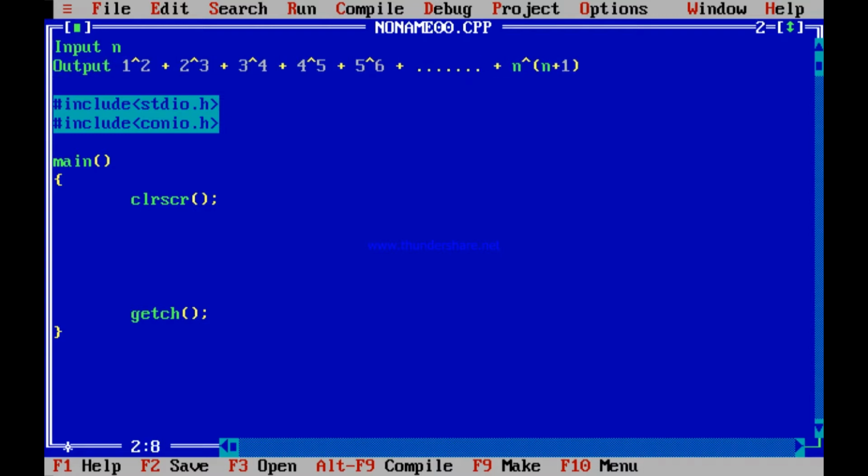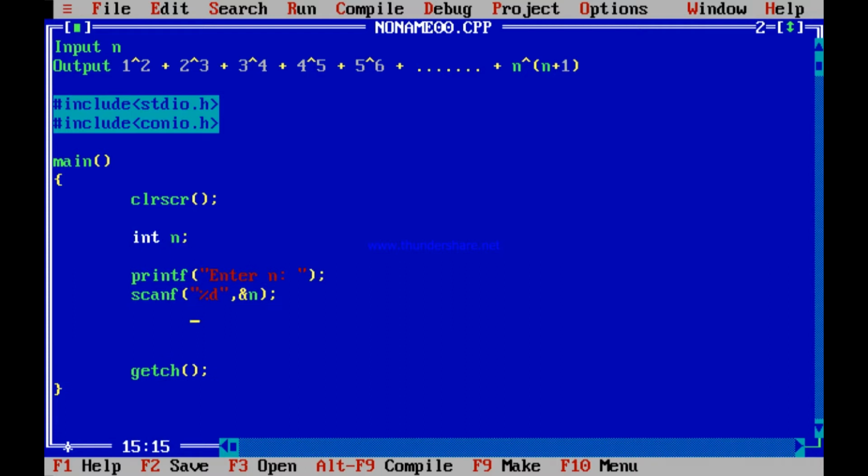So how to write this program? To write this program, firstly you do that basic thing, printf enter n, that you definitely do, and you scan it in the variable called n, scanf %d ampersand n. So this scanning part is done. So definitely you need this integer n to be declared.